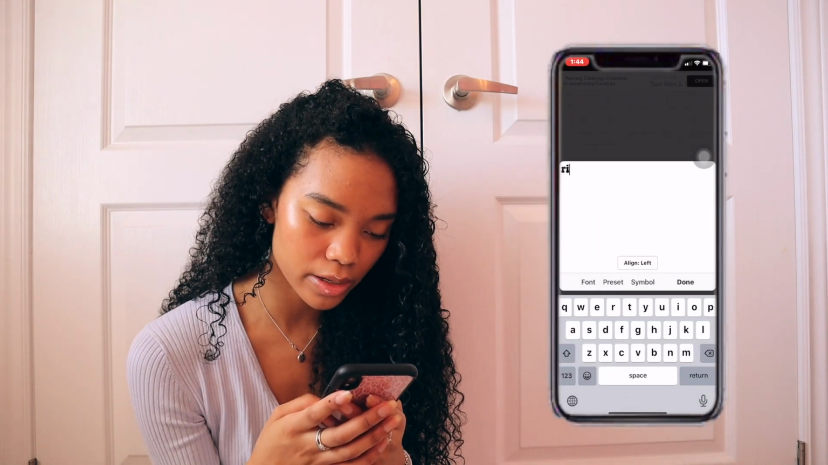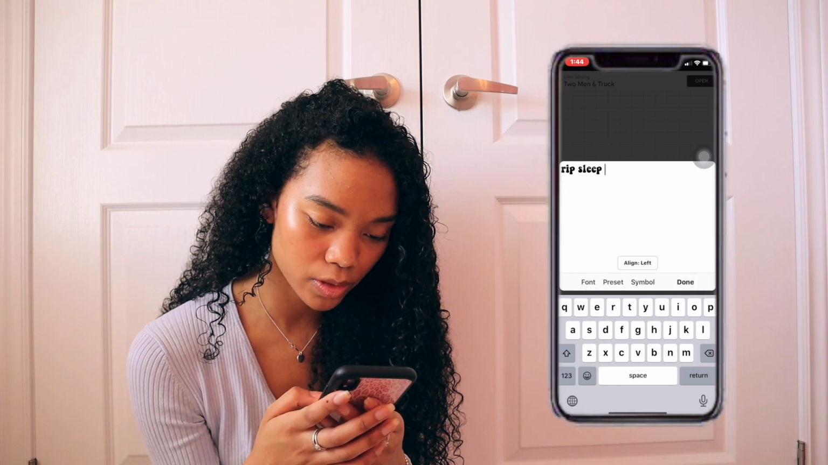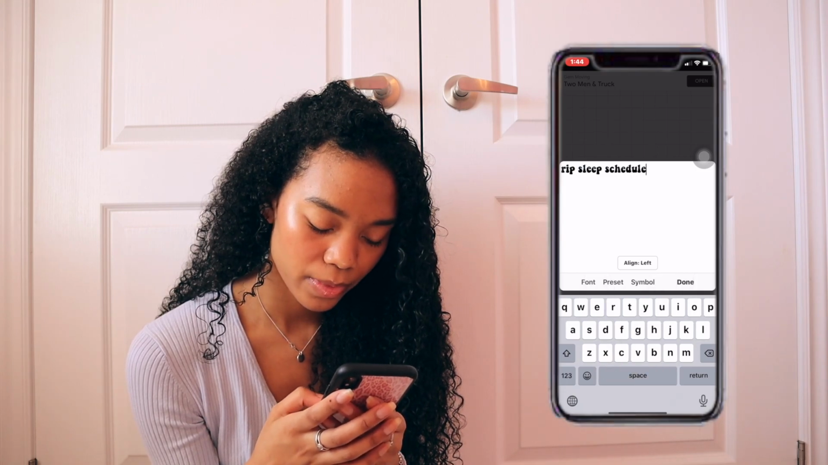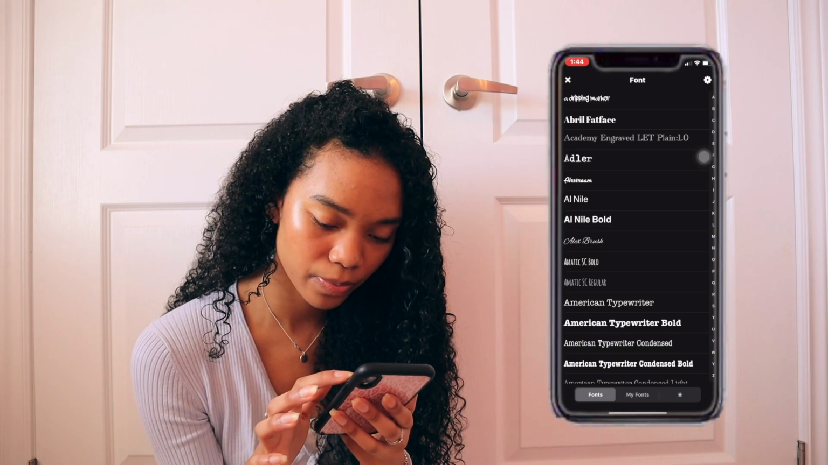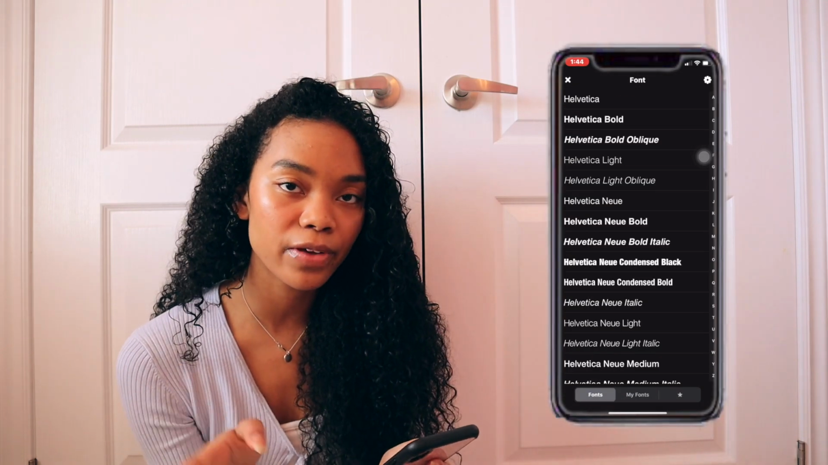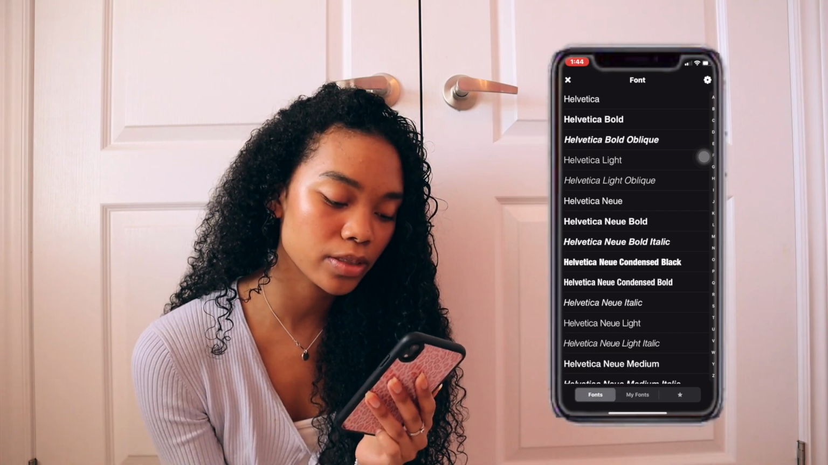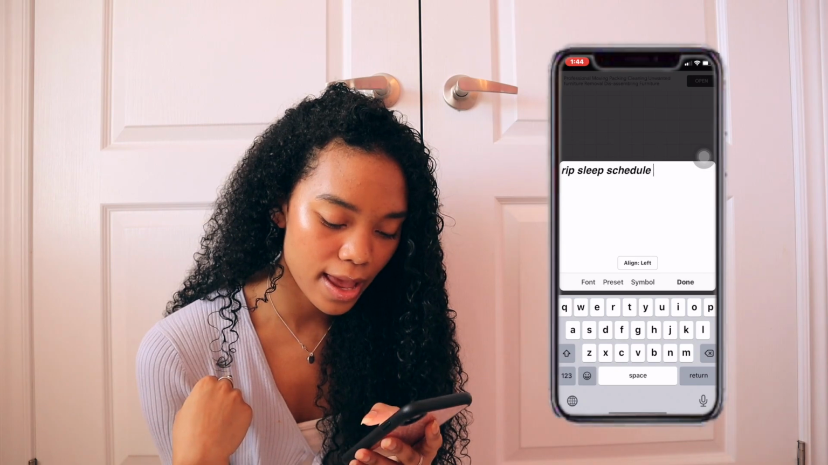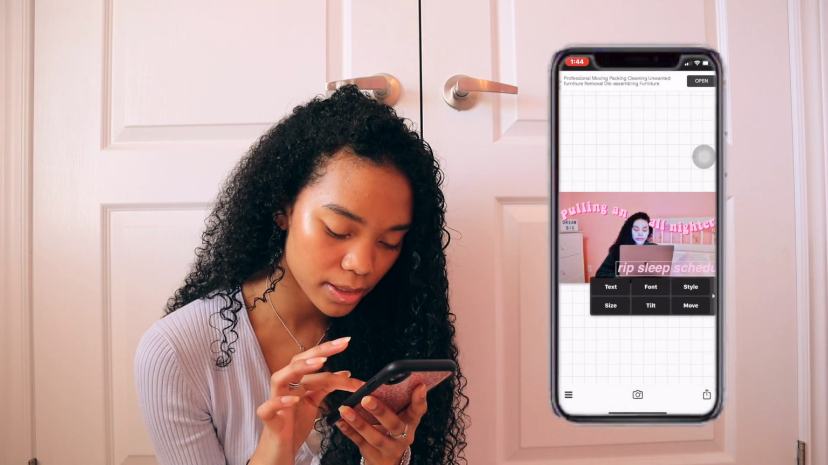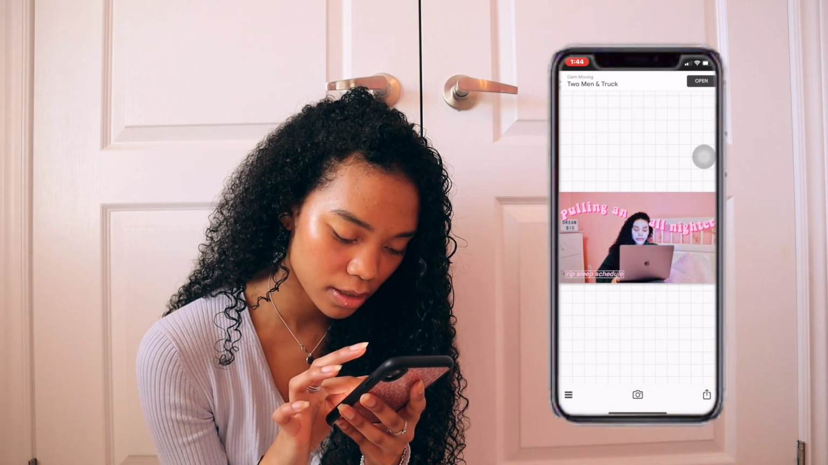So I also had RIP sleep schedule in the bottom corner, and for this I used the font Helvetica. Helvetica is another one of my favorite fonts that I like to use. So I usually use bold oblique, and then I'll make the size a lot smaller,